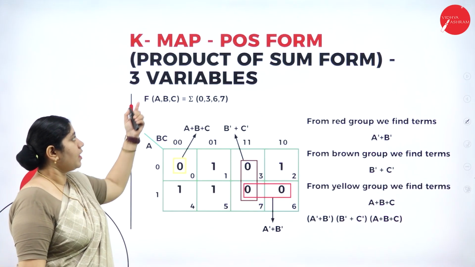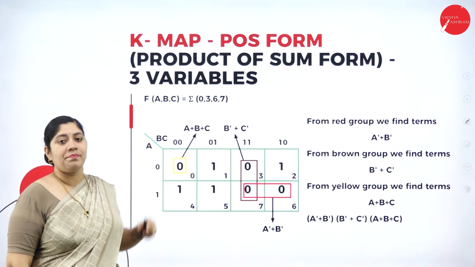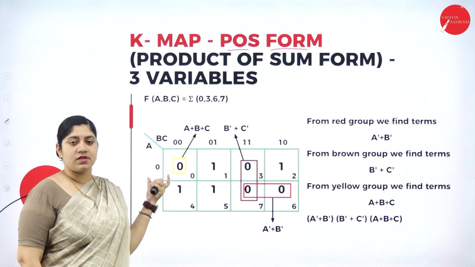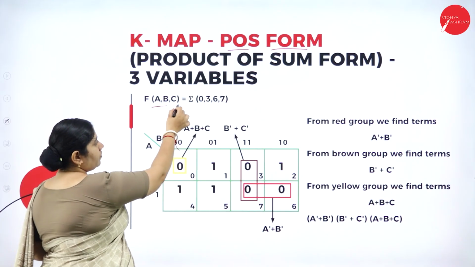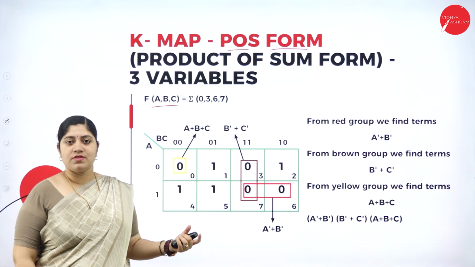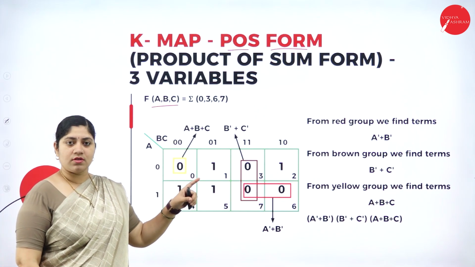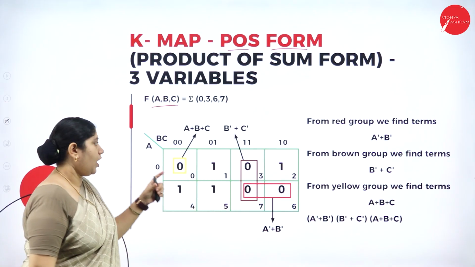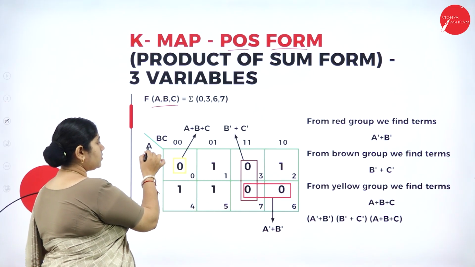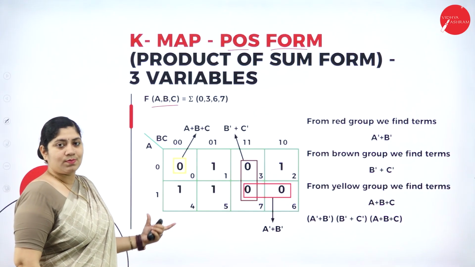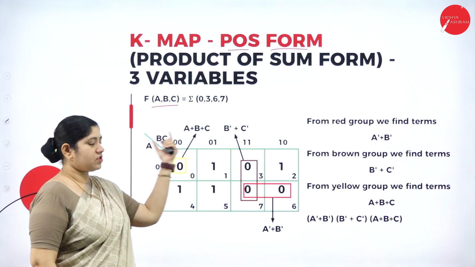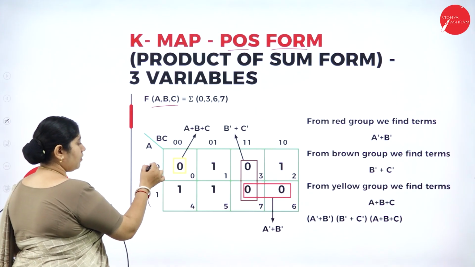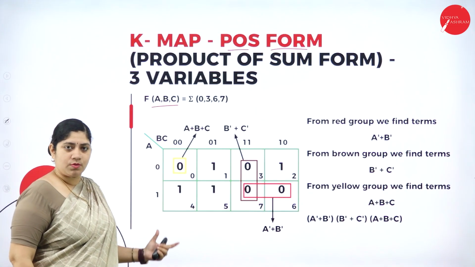Up next, let's see K-map by POS form. Yes, it is a POS form. So, what is the number of variables? We can see here it is ABC. The number of cells will be 2 power 3, it is 8. So, we have to draw 8 cells. Done. And we have to group by writing A with respect to the column and BC with respect to the rows. Okay, done. So, with respect to values, we have to write 0 and 1 with respect to A,